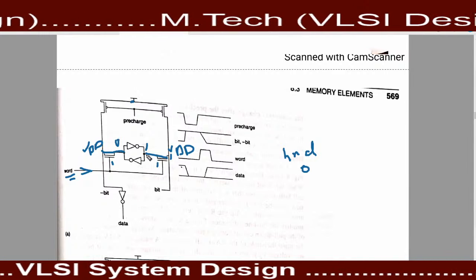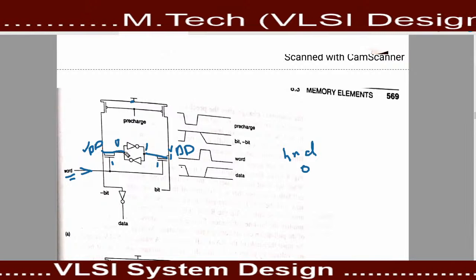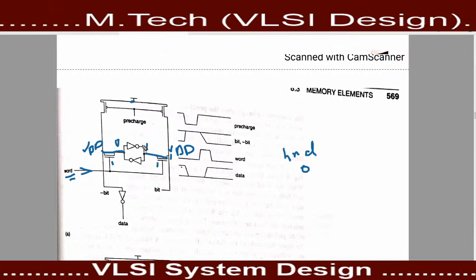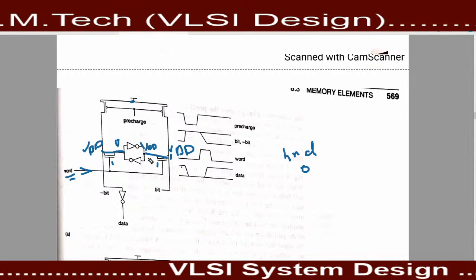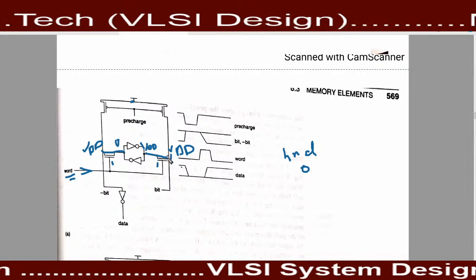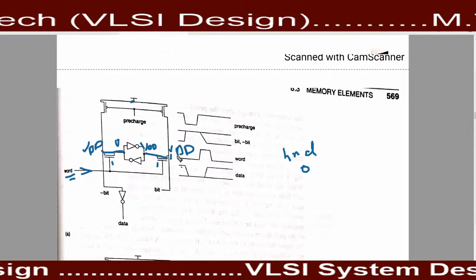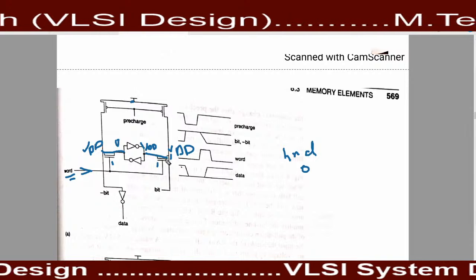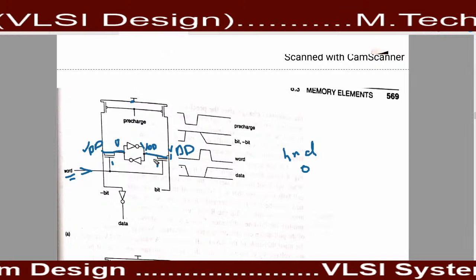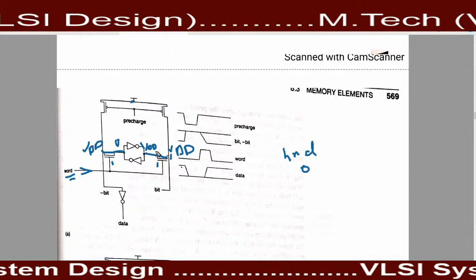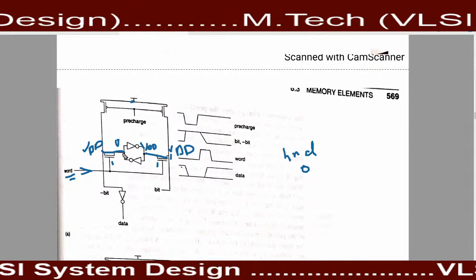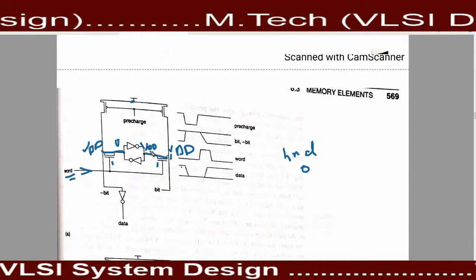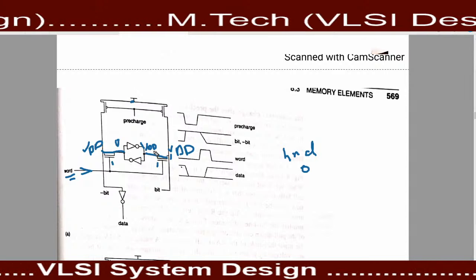I already told you if one is stored here, it means that the potential on this side is VDD, so the potential of this end and the potential of this end are equal. We know that when the potential is equal, no current is flowing through it, so that's why it won't work. But if we are discussing this terminal, because of this inverter, if VDD is present